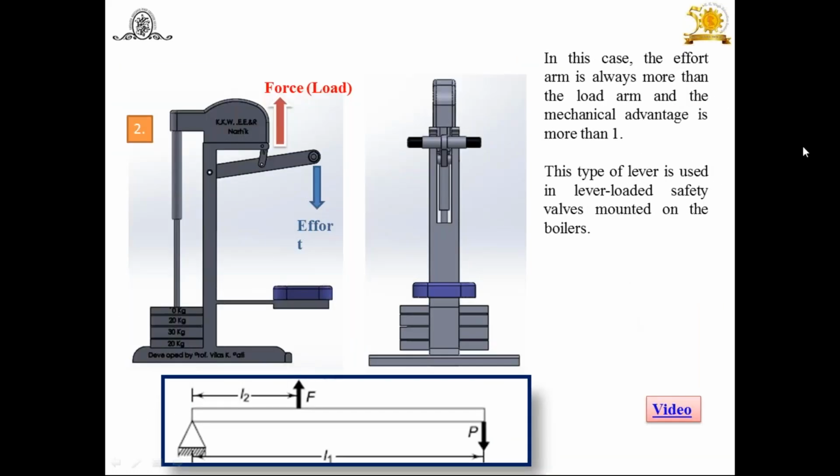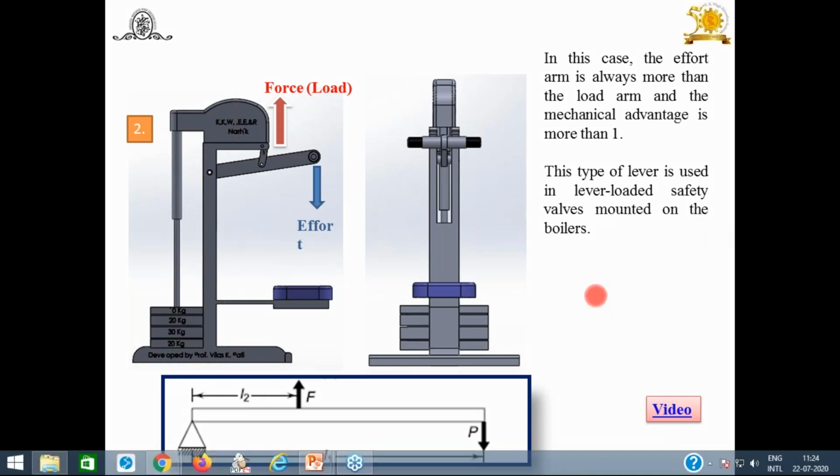Second case. This is about the gym mechanism. You might have done gym exercises. In gyms you have to put the effort here, and because of this, in the link you will get the force or the load at the output here, and this is the pin. That means the output force is at the middle, this is the input, that is effort, and this is the fulcrum pin. Look at the lever, this is the lever, effort, the output force is at the middle, and this is the pin. That means the output force is in between the fulcrum and the effort.